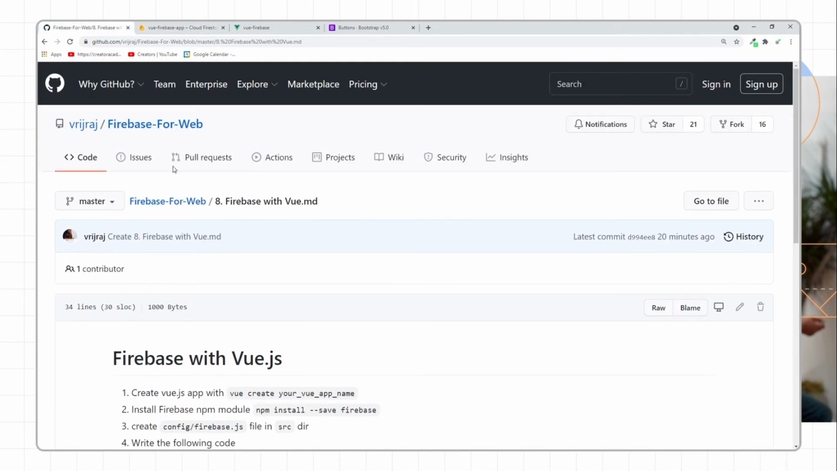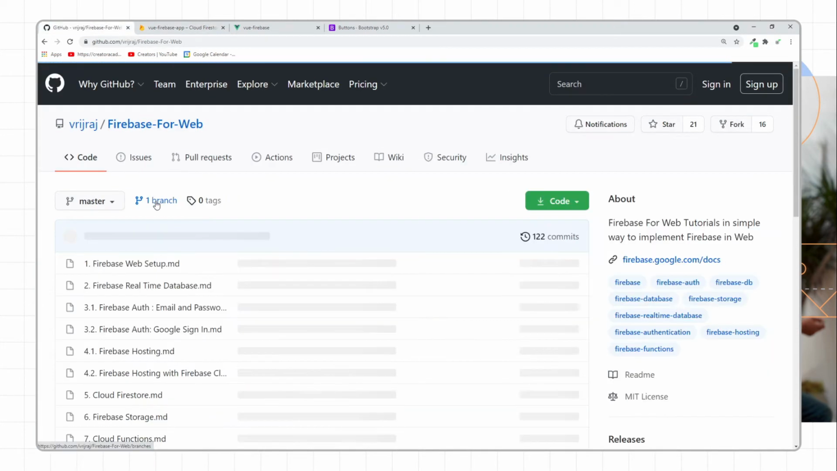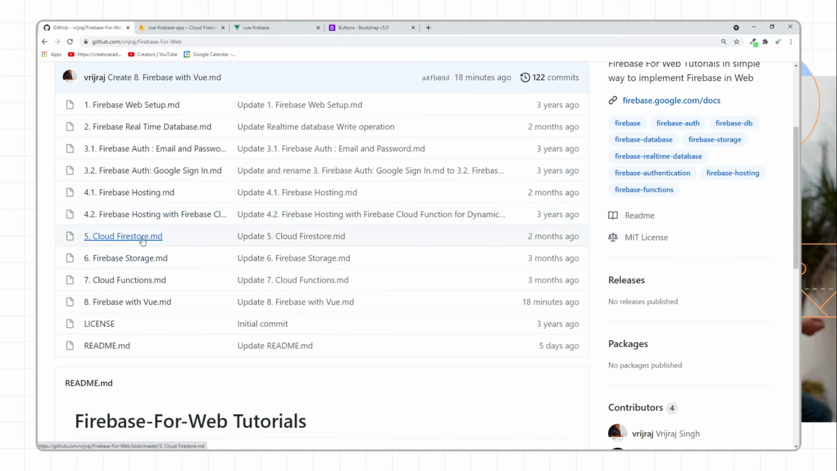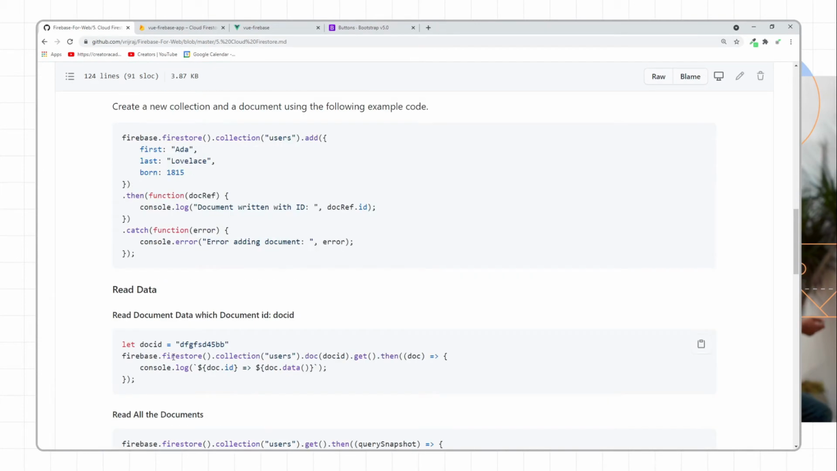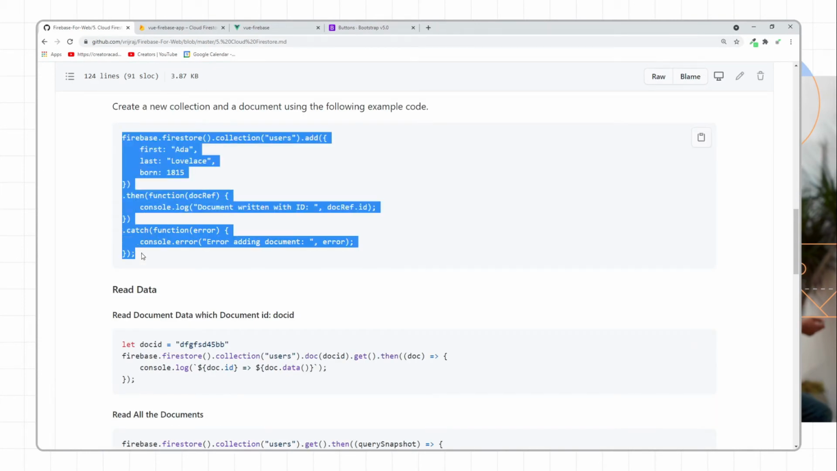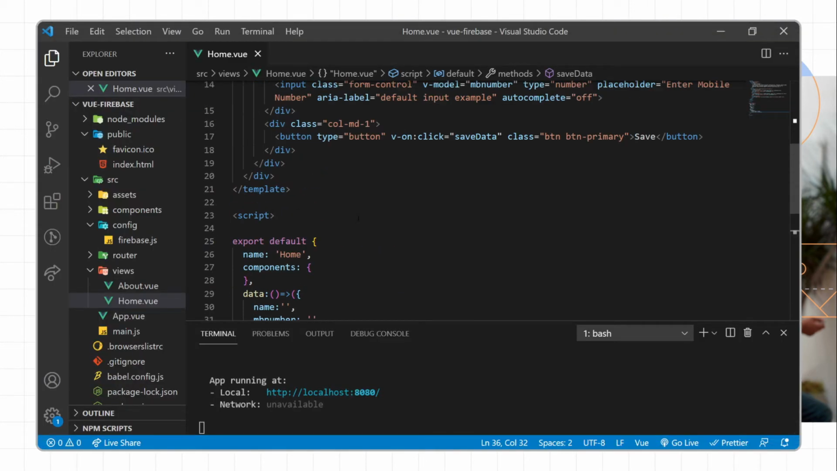So you just need to go to the documentation, Firebase for web, and then we have a documentation for Cloud Firestore. I'll just click on the Cloud Firestore, and then we have a documentation. So this is how we can create a database. So, create data in Cloud Firestore. So I'll just copy this logic, or first what I'll do,